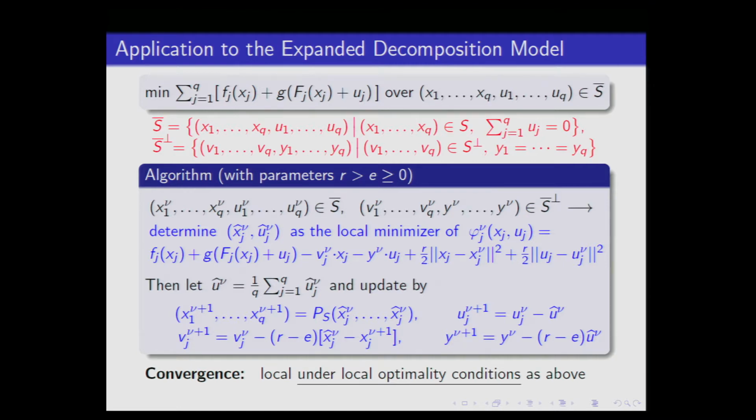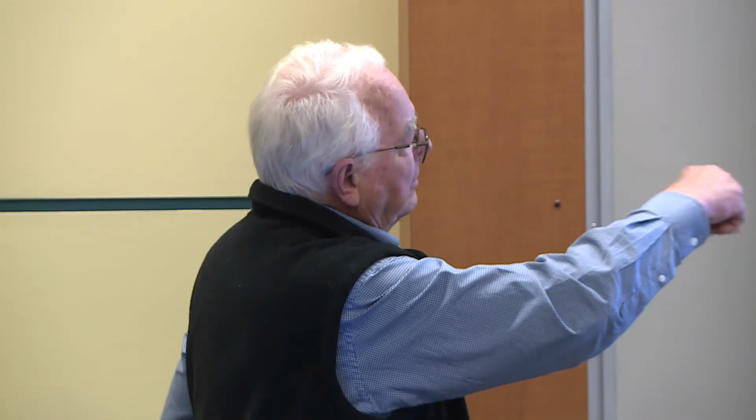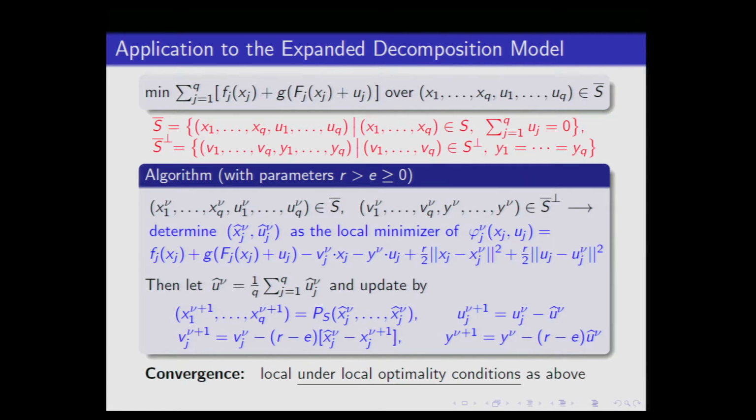I project onto the subspace S, and then I get a very simple update of the U, and then I get these Lagrange, augmented Lagrangian type updates that have this parameter come in there. And again, the E is based on the idea that we're trusting that we're near enough to a place where the second order sufficient condition is satisfied, and this E enters into that being satisfied, and then we have to be that high, and R has to be higher. But I could have E even higher than needed, and then under those local sufficiency conditions, there will be local convergence just as I described.